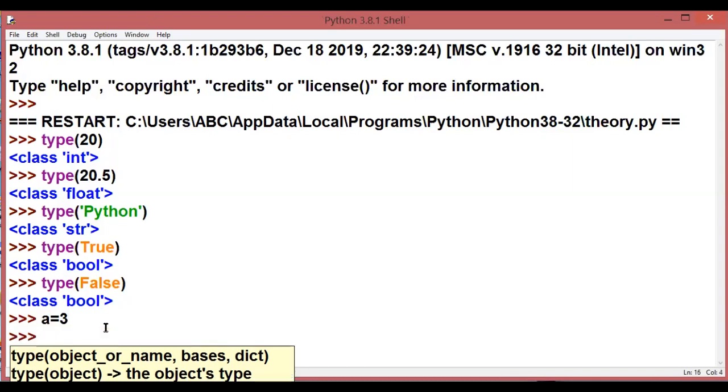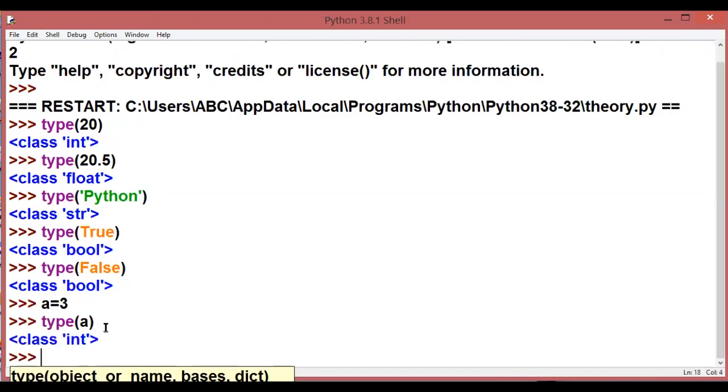So I want to determine the type of my variable a, that what type of value it is holding. So what will I do? I will write type of a. Instead of writing 3 inside the brackets, I am writing the variable name which is holding a value. After pressing enter, what will I get? Integer. Why? Because a is a variable which is holding an integer type of value.